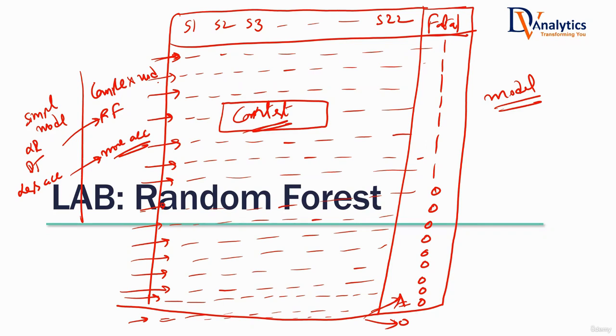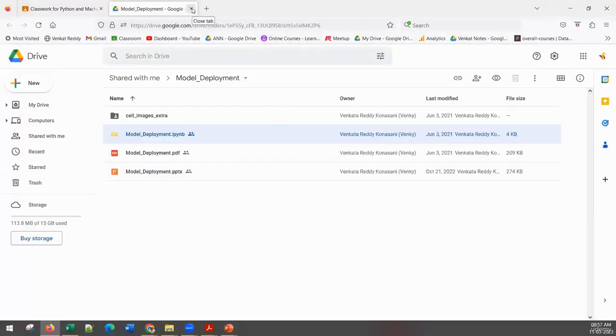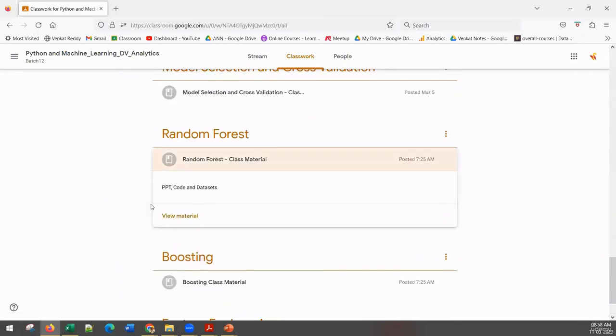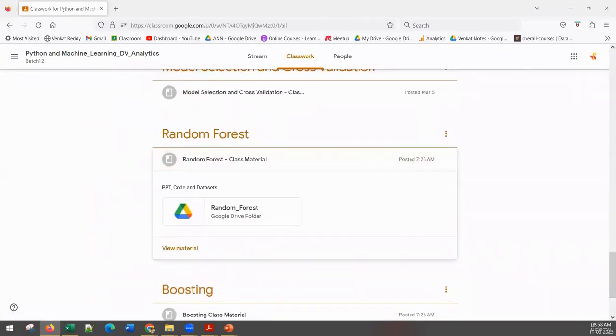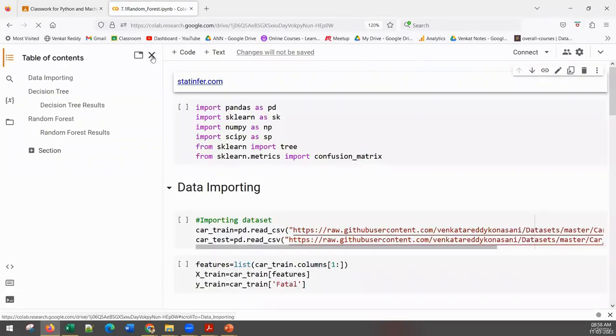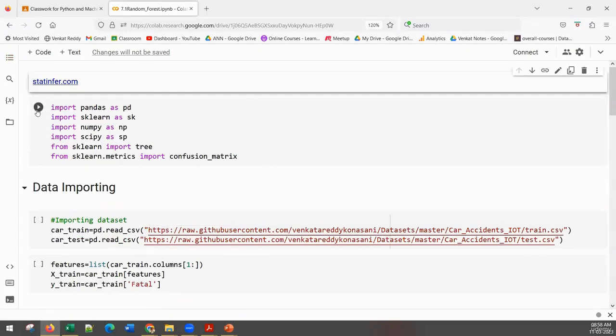Okay. So let's go to the code file, get this data set. Give me the code file link, all of you. Anybody? If you have the code file link. Yeah, here is the code file. All right. Import the packages.